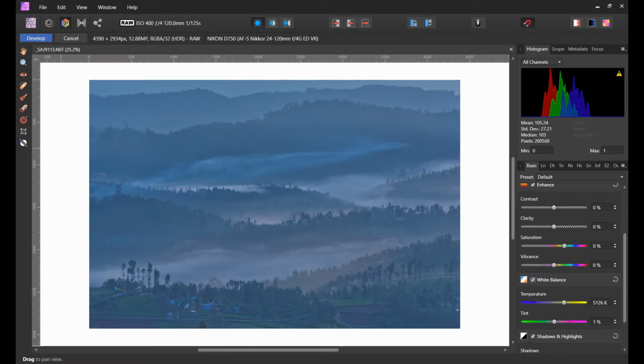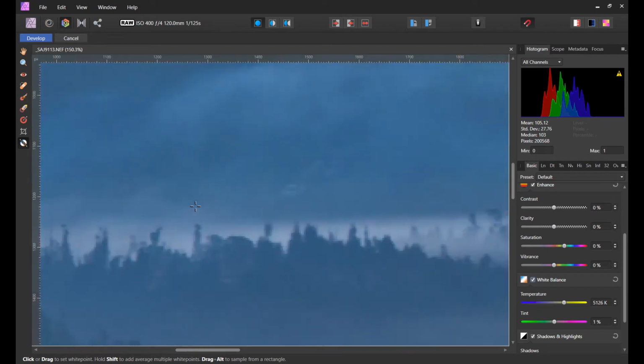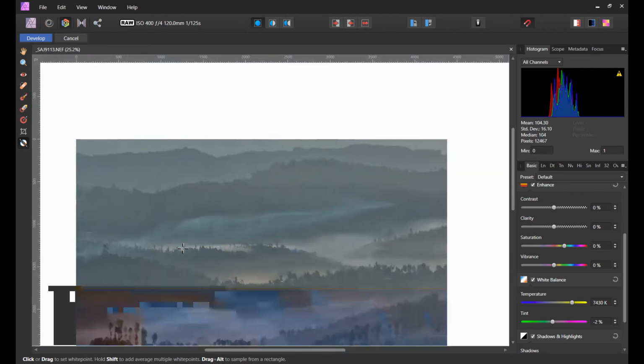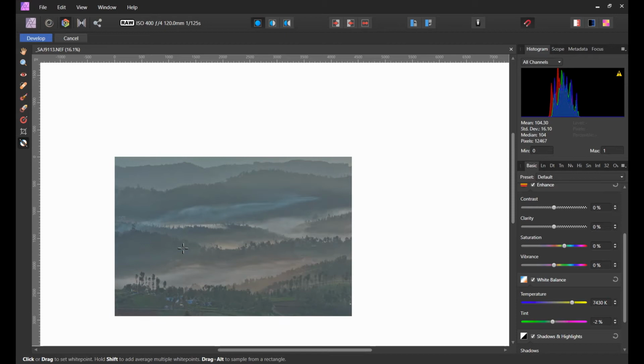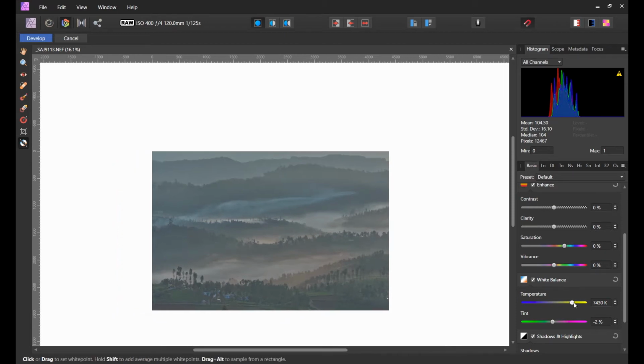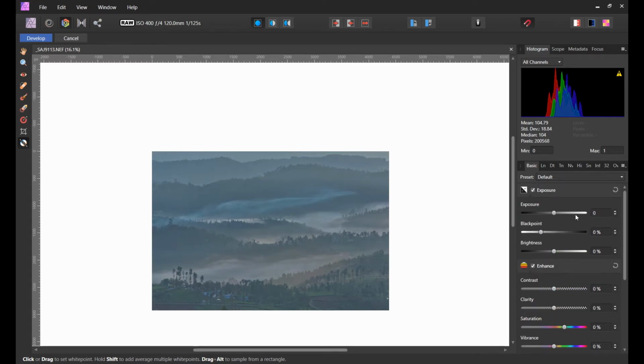So what I'm going to do, I'm going to select the white balance tool, and I'm going to look for a white spot, a generic white spot. So probably this highlights point could be one. This could be a spot. So I'm just going to select that and zoom out to see what is the before and after color. It looks a little warm, so I'm just going to reduce the temperature a little bit. So I'm going to keep it to around 6000, 6500, 400. Good. Once I have this, I'm going to increase the exposure a bit